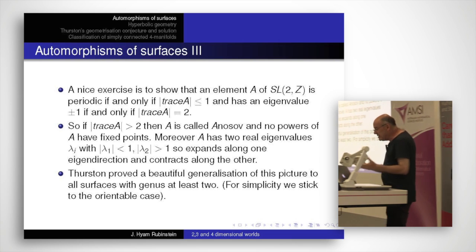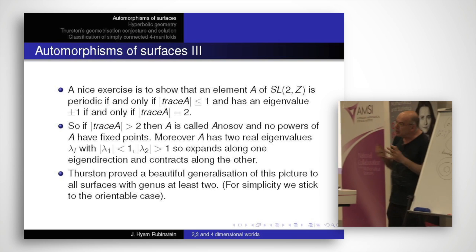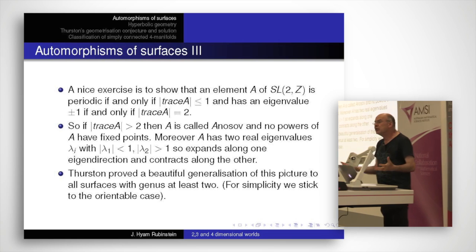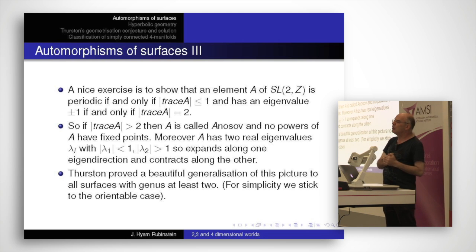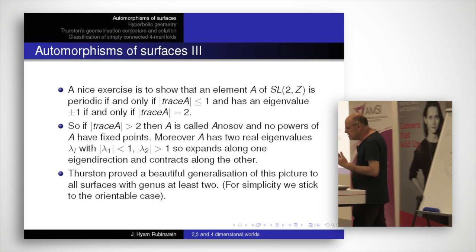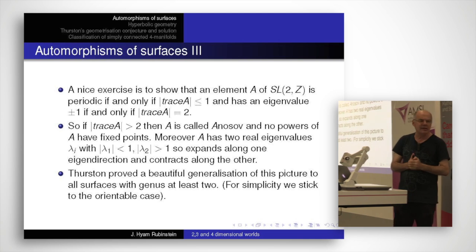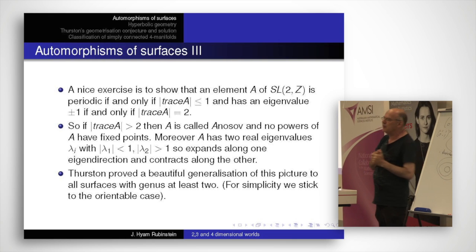Okay, so we can then think about iterates, and it's very easy to see what the iterates are doing because the eigen directions are preserved. So it's easy to figure out what the powers are doing. So this is all very elementary, but interesting. So what Thurston did, and Nielsen had already partly worked this out, but Thurston put it entirely in modern language using measures and foliations, is he showed that exactly the same thing works for hyperbolic surfaces.